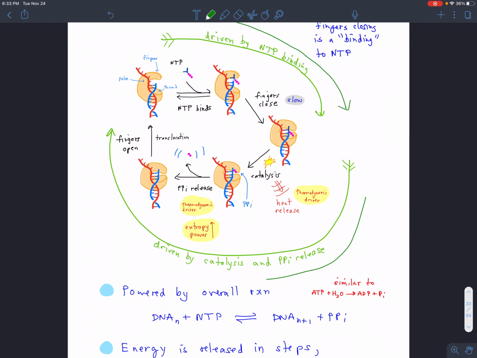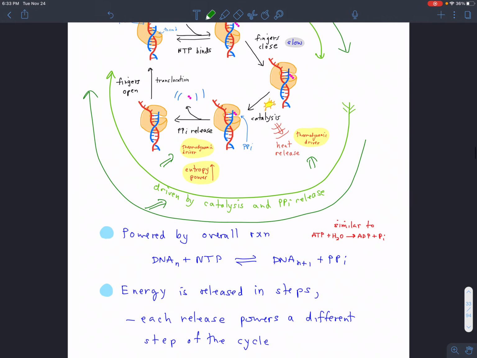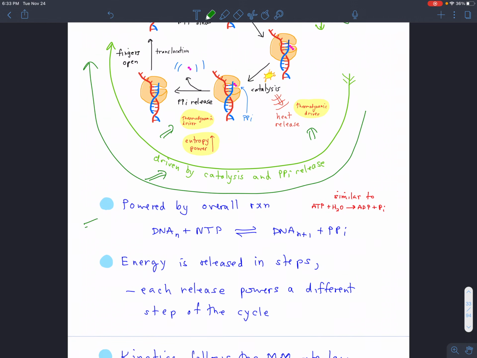The second set of steps in this mechanism is driven by the catalytic step and the pyrophosphate release. So basically, what that all says is that the overall machine is powered by the overall reaction,